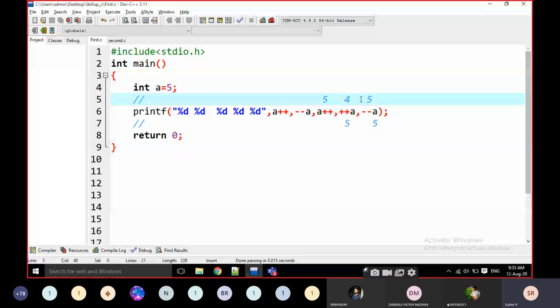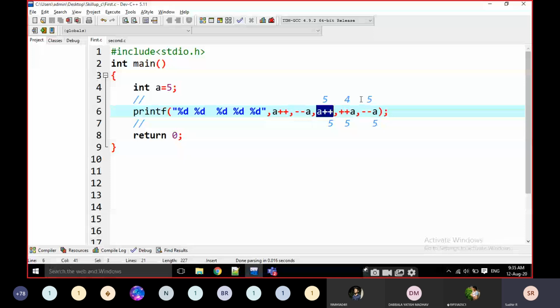This is post increment. Post increment means it is going to print 5 without any changes. Print 5. Then 5 becomes 6. The new a value is 6.